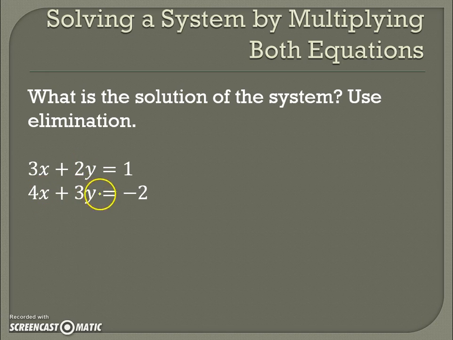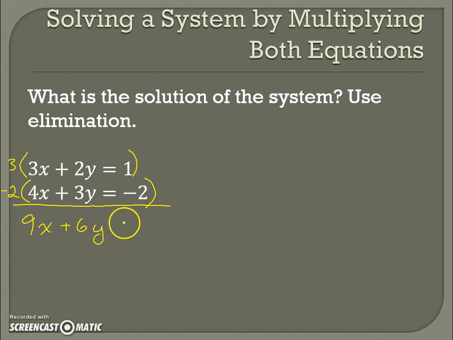I'm going to focus on this just because I'm dealing with smaller numbers. So I want to get these so that they have a common number. I'm going to go for 6. So I'm going to multiply this top one by 3. And I'm going to multiply the bottom one by -2 because I want that to become a negative so that I could add straight down. So here we'll distribute this. I have 3 times 3x is 9x